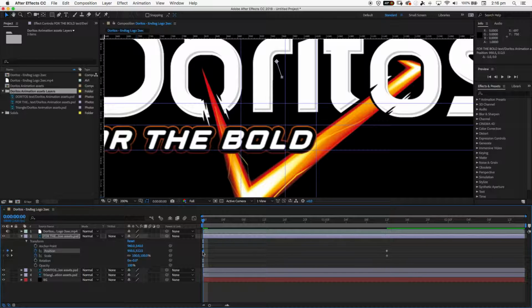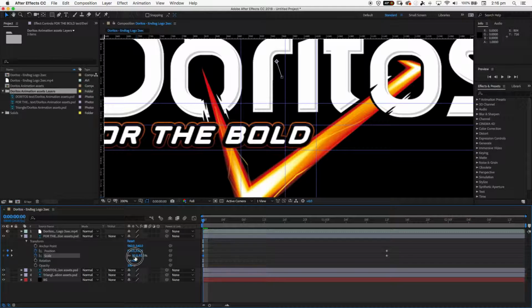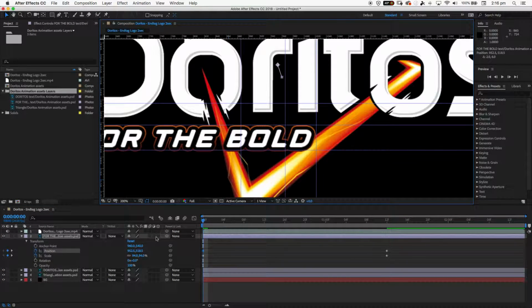And you'll notice, even though I haven't activated anything already, this position, because the stopwatch was turned on here, it's already locked that in. Scale wise, we can also grab that and scale it. Scaling's on the outside, but we're going to have to jump in here and try and scale this manually. Now you can manually type in the numbers for scaling here. You can link them so that they both scale proportionately, or you can click and drag on those numbers and you can actually see it starts scaling. Now this means we may have to remove it again and then maybe scale again